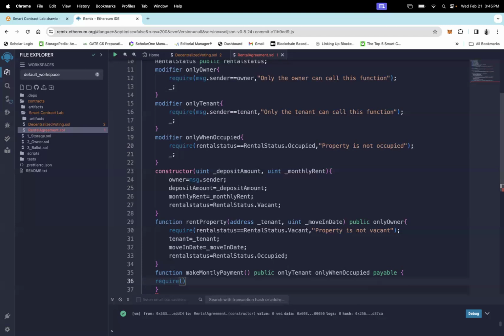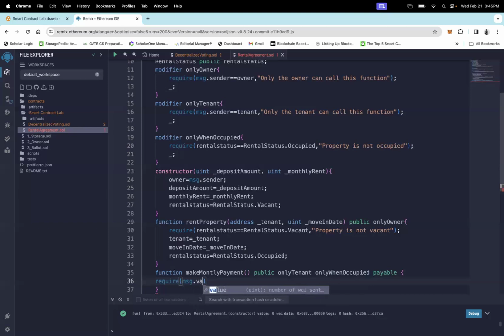Just like we have a global variable msg.sender for storing the address of whosoever is executing the function or deploying this contract, similarly we have msg.value. It stores the amount of ether you're transferring along with the transaction. So here we are using msg.value